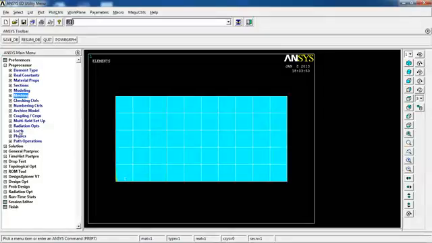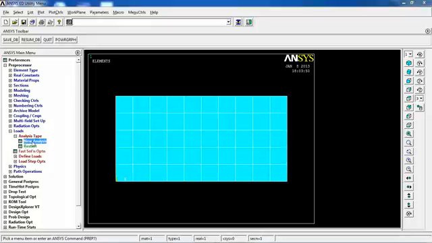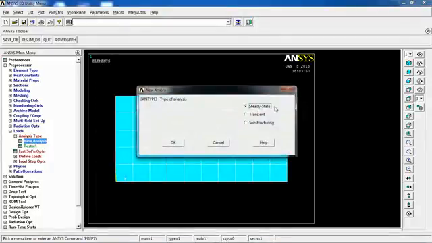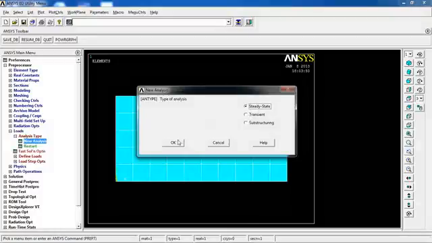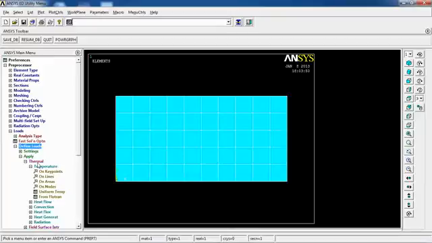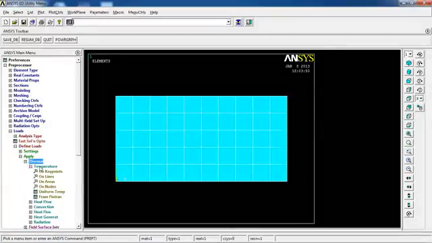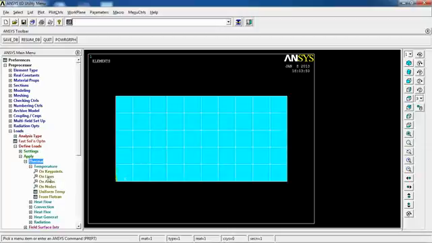So the next step is to define the loads. The first thing I want to do is make sure that I'm doing a steady-state analysis, because my temperatures are not changing by time. So I click OK on this window, come to define loads, go to apply, thermal, and temperature, and I want to define temperature of 100 units on the left side and 20 units on the right side. So I click on line,